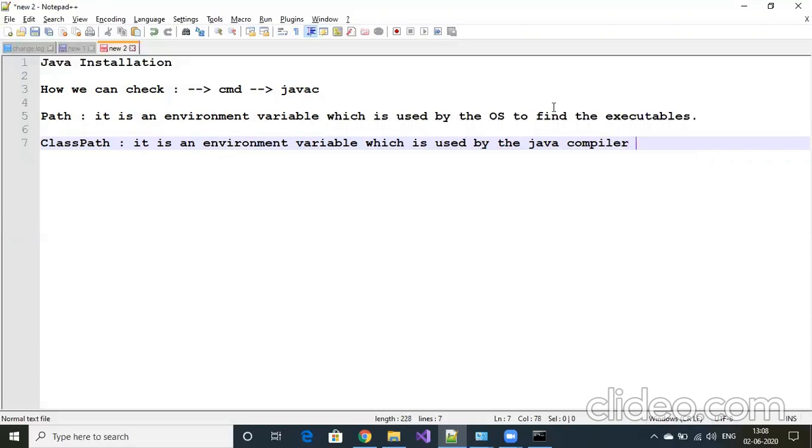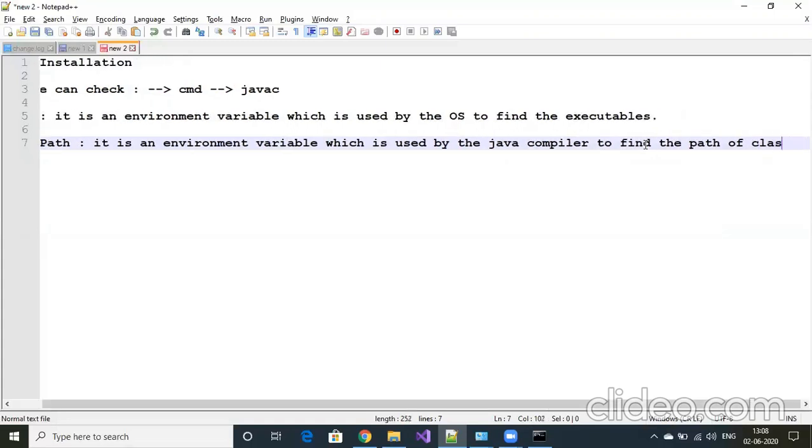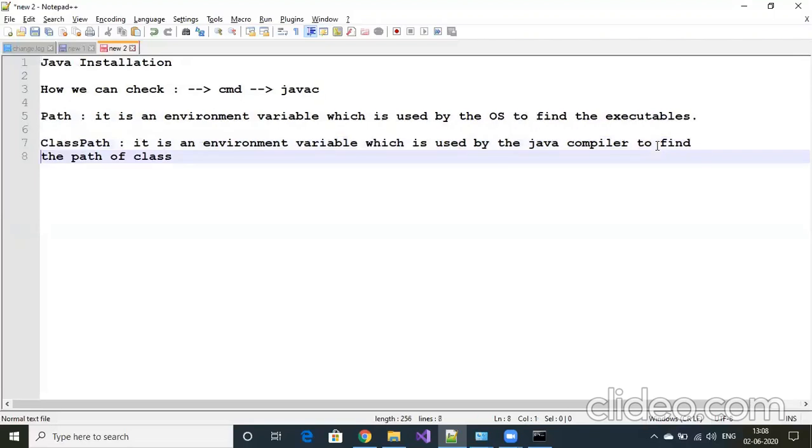Here there is no compiler in the picture, it is used by the operating system. But here classpath will be checked by the compiler to find the specified path. So for whom is it the path of your classes? If you have any classes, it will be finding the path for those particular classes.